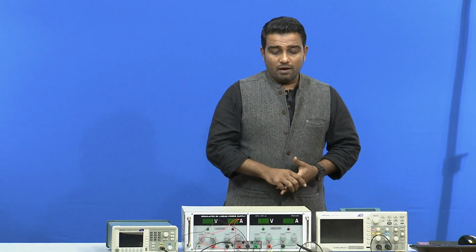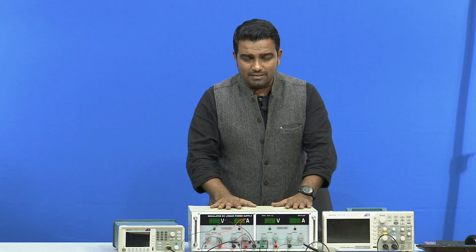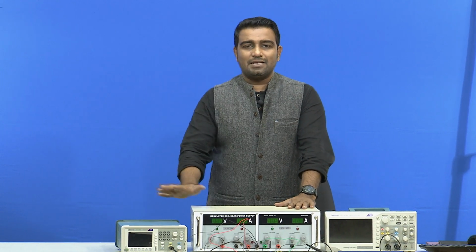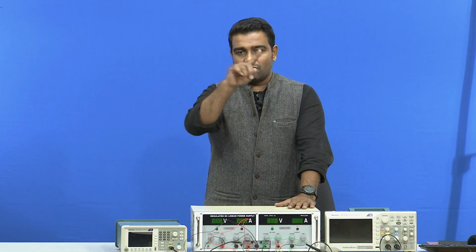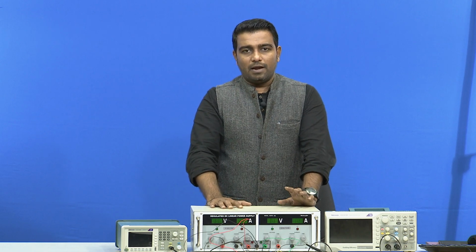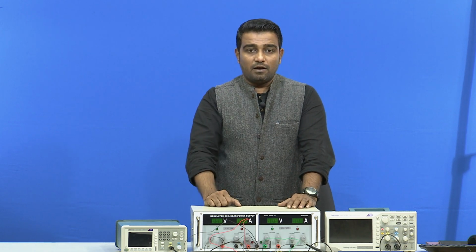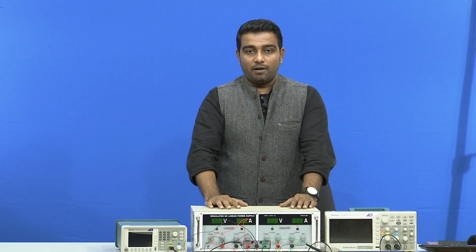We will see how we can design a multivibrator using the breadboard and 3 of our favorite equipment, starting from your DC power supply. We will have a function generator and an oscilloscope. Of course, we will have the breadboard, op amp and a few components, 2 resistors, which are passive components, and we will apply a sine wave and look at the signal, which will be a square wave. You will see how the hysteresis happens and how this comparator acts as a multivibrator. So, let us see how the multivibrators can be designed.